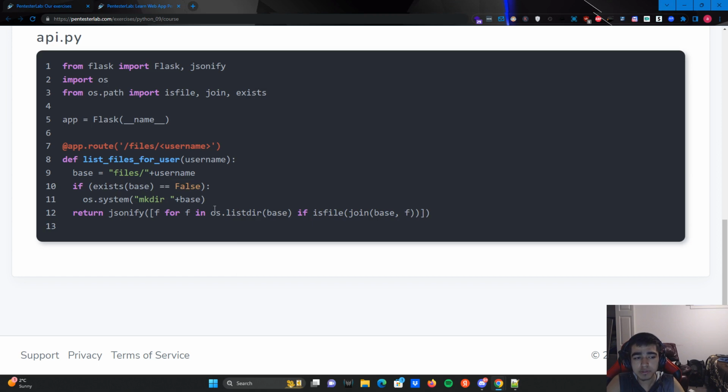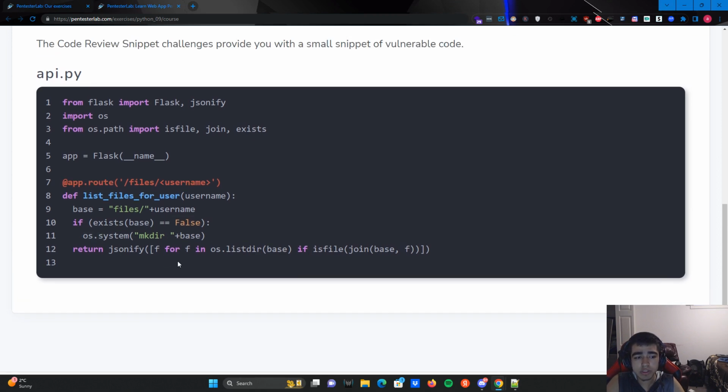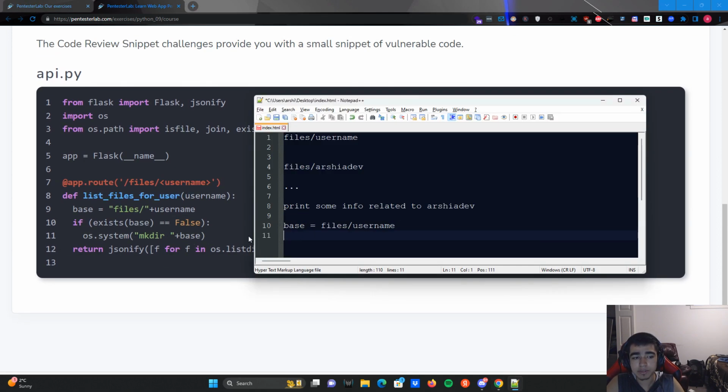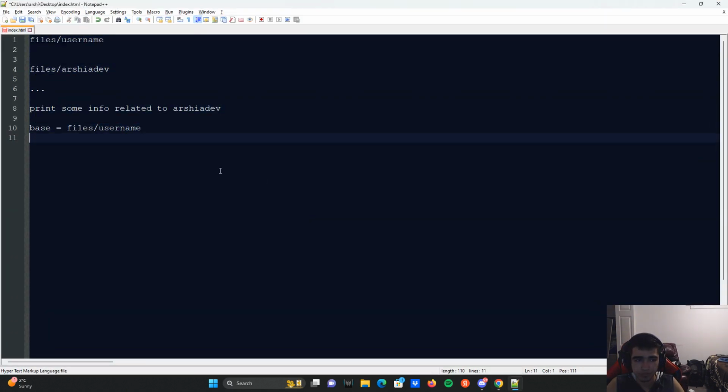What is it just going to do? It's just going to use the OS module to execute an OS command. os.system mkdir plus base, and I'm going to show you what that is. First,